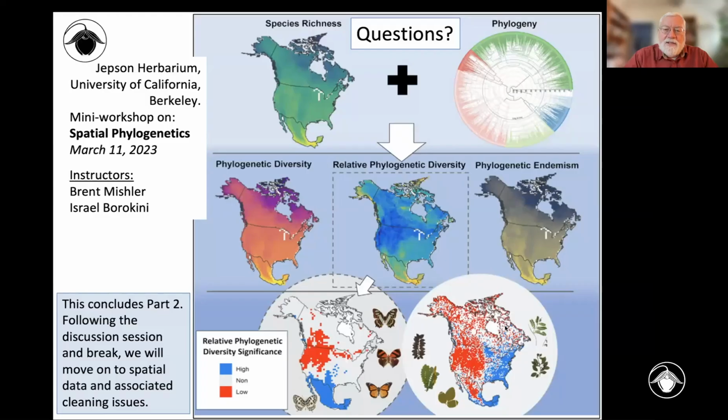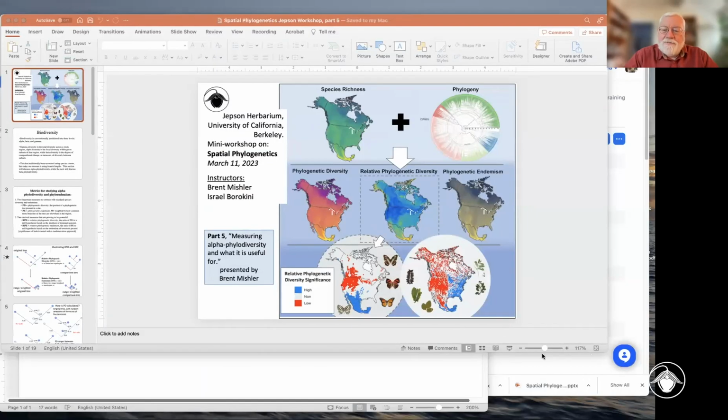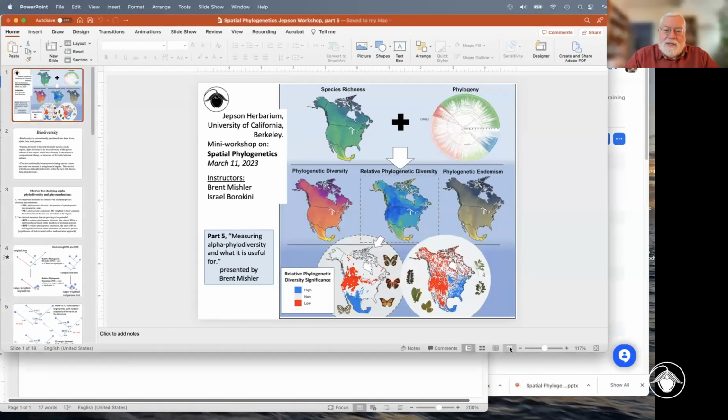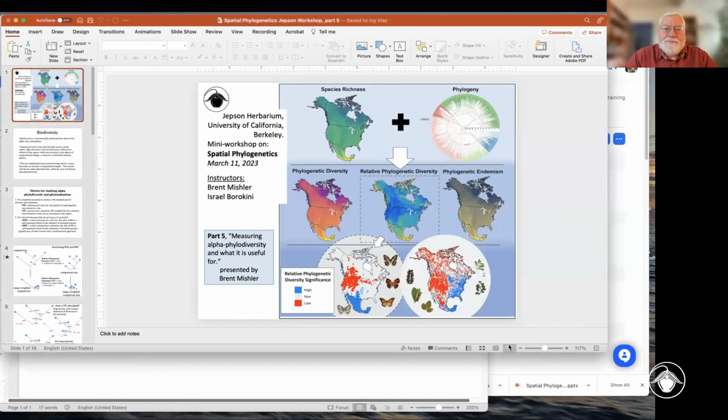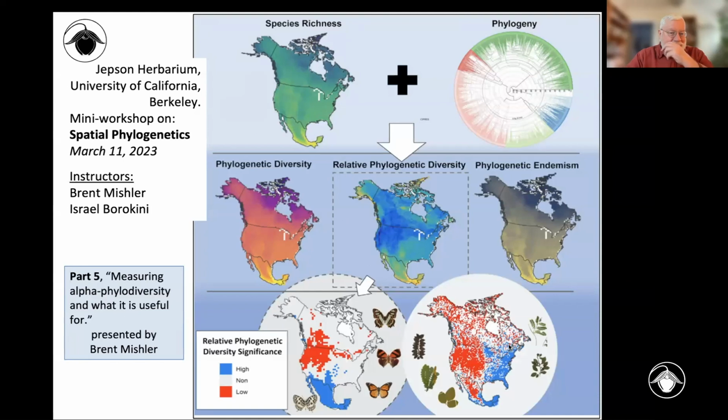And now we're going to get to the meat of the issue, which is how do you then use it to do spatial phylogenetics? So I hope we've been able to explain as much as we could in the time that's come. But what I want to switch gears to now is actually looking at some of these metrics that we're using. Hope people can see my screen now. So we're going to examine two parts of